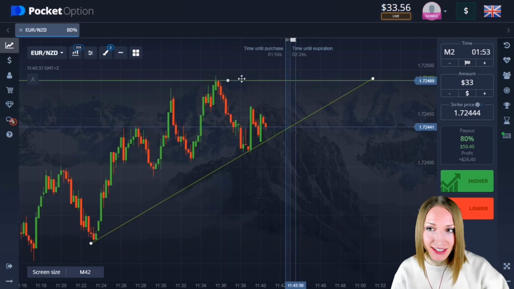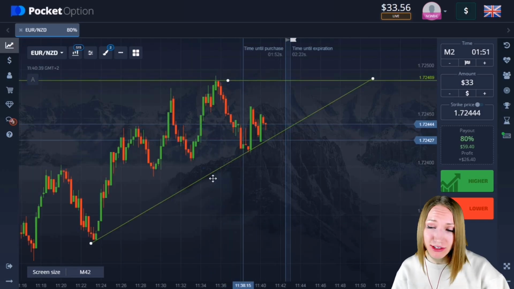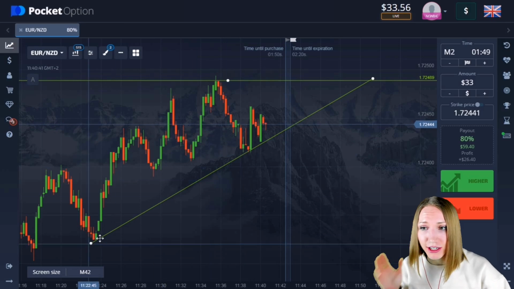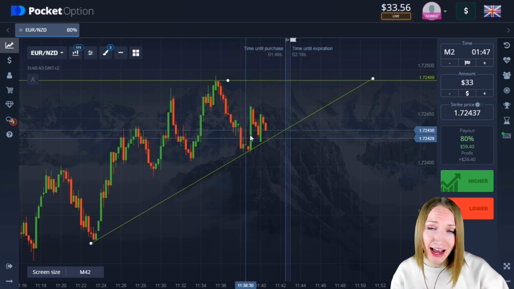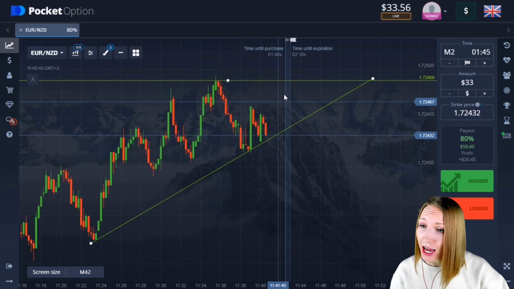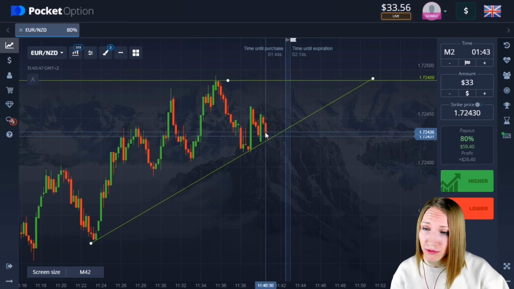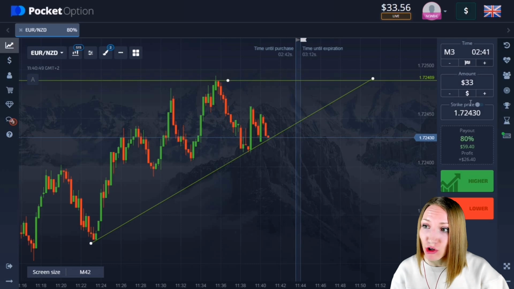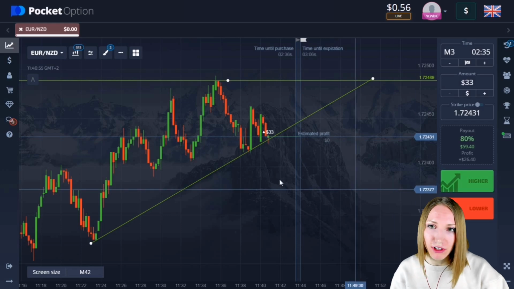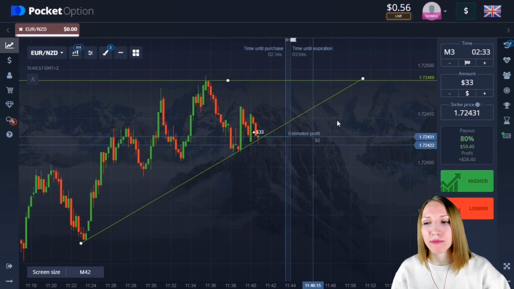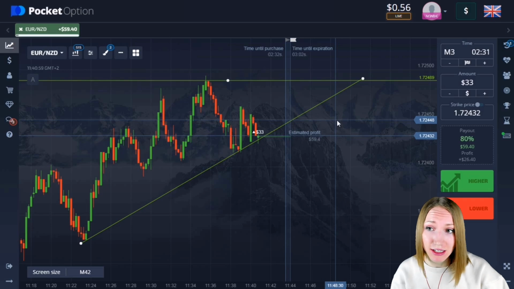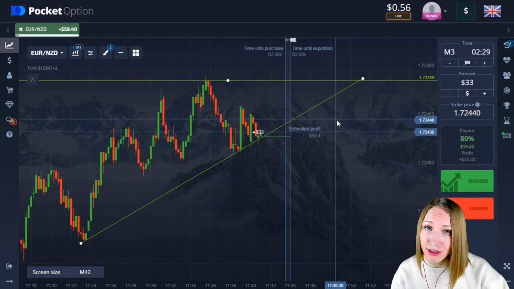Well, here you can see the resistance level, and also you can notice that there is a very good upward movement and the price maximum is getting higher. I think that the price will keep on moving up, so that's why we need to open a trade with up. Right now the price is at the line of an uptrend, and of course it will continue moving up because you can see the sticking to the level, and very soon there will be the breakthrough of the level.